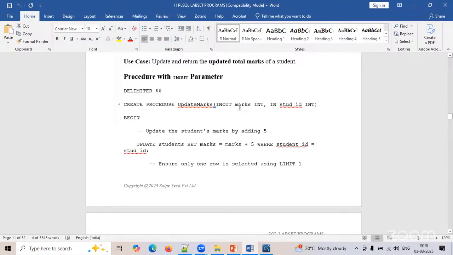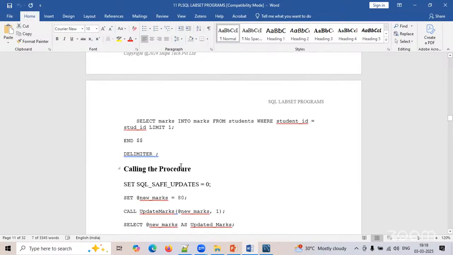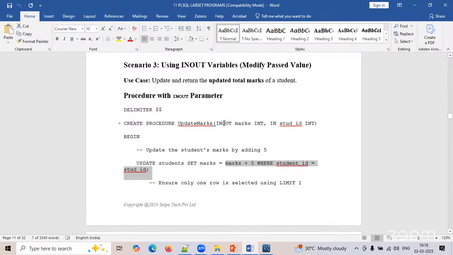Similarly, the same variable can be used for input and output. That is what we did in the last session. Quickly, if you see, this is the in-out variable, marks and int. This is the input for the student, marks. For example, in the situation of valuation, they will say that those who are